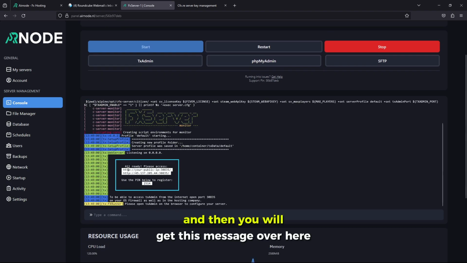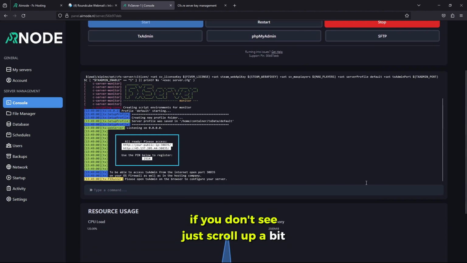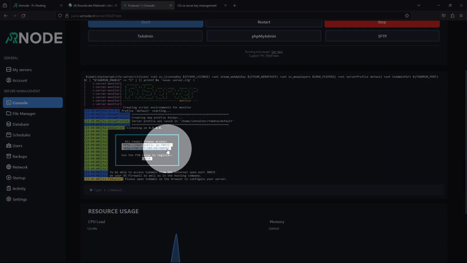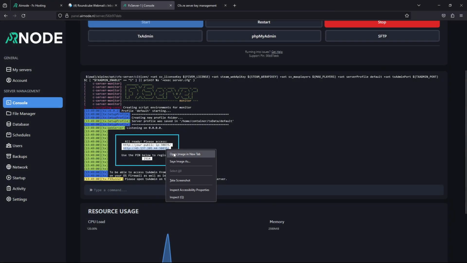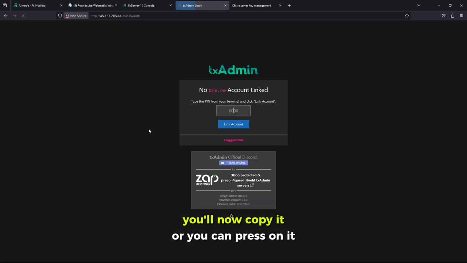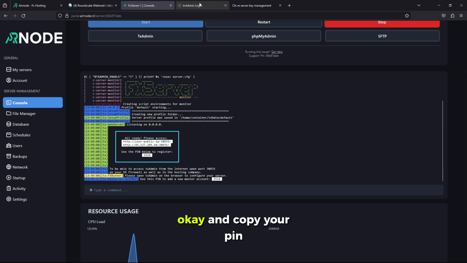And then you will get this message over here. If you don't see it, just scroll up a bit, and then you want to copy this IP. Make sure the port is... you also copy the port too. You want to copy it, or you can press on it. Okay, and copy your PIN